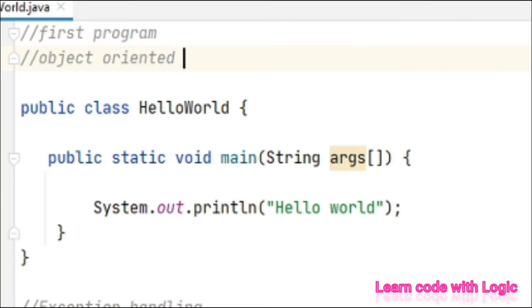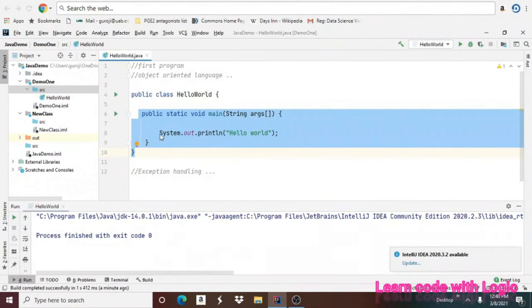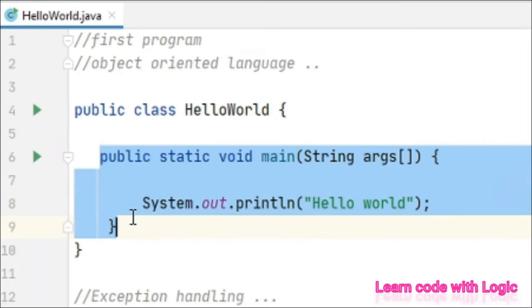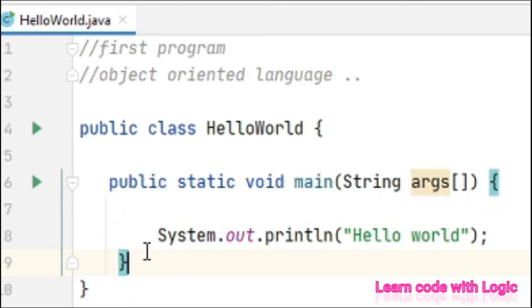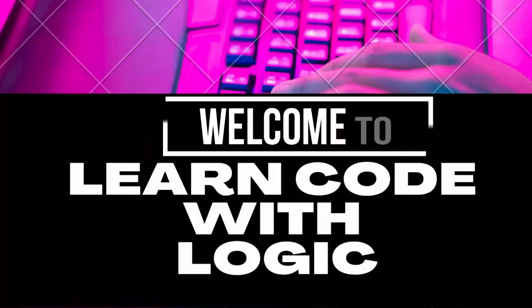I can also say one thing: because Java is an object-oriented programming language, all the code is encapsulated inside a class. You'll see now, right? This is the class. We are encapsulating, meaning putting everything inside. This is called object-oriented.